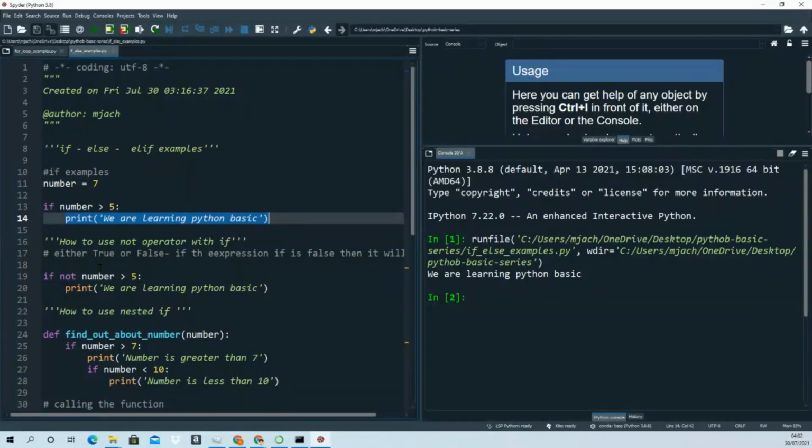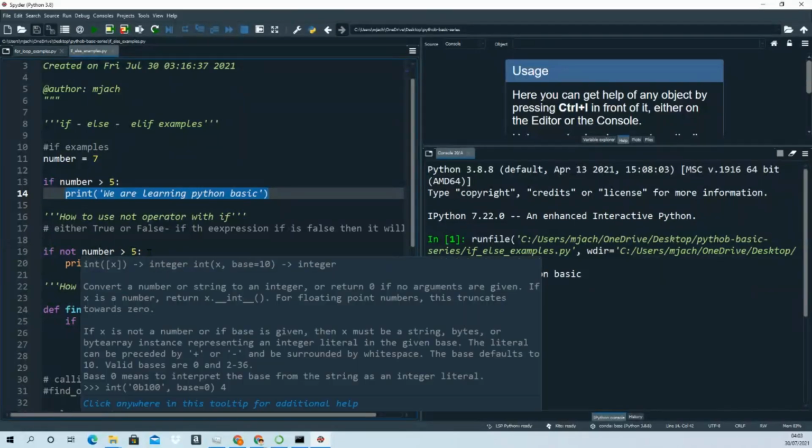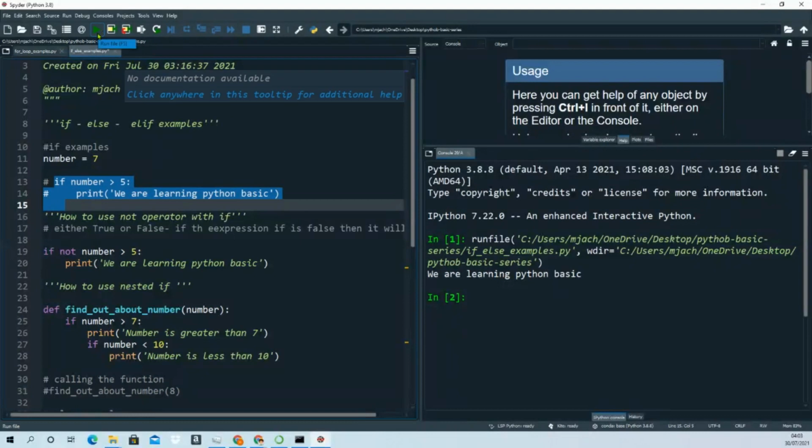And if you want to use the not operator with an if statement, what does it mean? It will be reversed. If the statement is true, it won't print out. So here's an example: if not number is greater than 5. Number is 7, and we know 7 is greater than 5, so it's true, but it won't execute this action. If I run this,